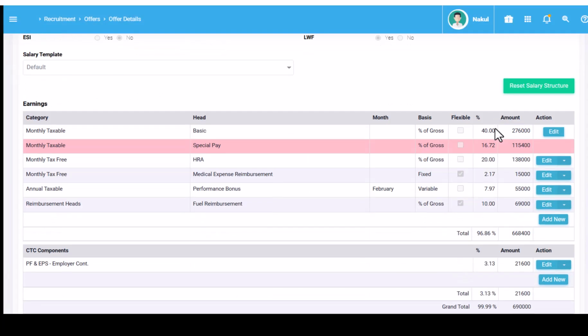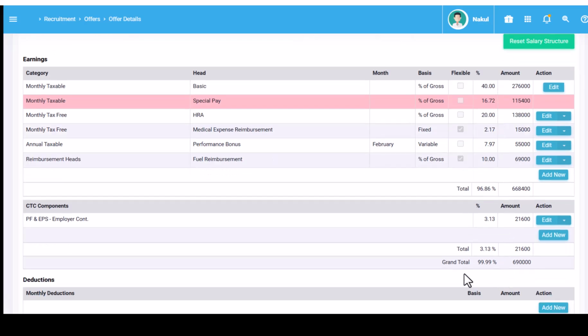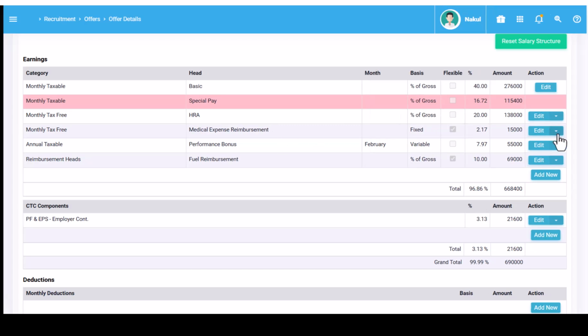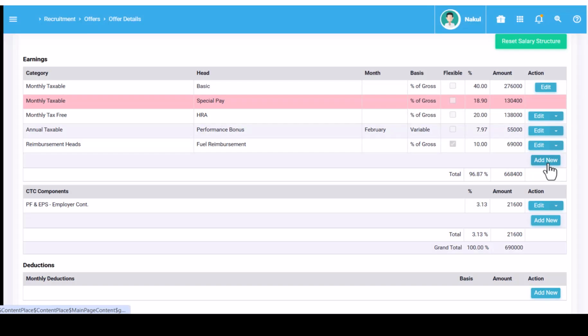Based on the template and the CTC, the system will give you a breakup of the salary. As you can see, the total CTC is 6,90,000 rupees. Now, if you want to change some of these heads, as you would have discussed them with the candidate, you can appropriately change them. So we'll remove the medical expense reimbursement and we'll add a